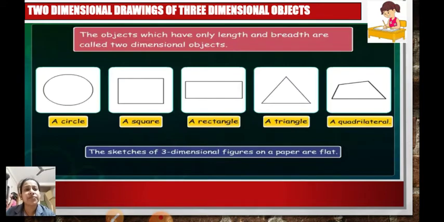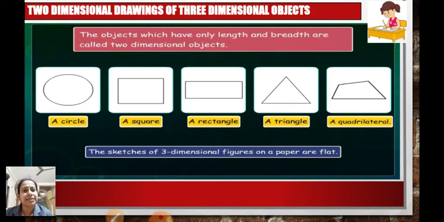Okay, so the sketches of three-dimensional objects on a paper, a sketch of a three-dimensional figure on a paper, are flat. Like for example, a circle. A circle's three-dimensional object can be a ball. Okay, you have seen a ball, right? But when you are drawing it on a piece of paper, you will draw it flat on the paper, correct? So here we can measure only either its length or breadth, and therefore such structures or such pictures are also called two-dimensional objects, and they are drawn flat on the piece of paper.